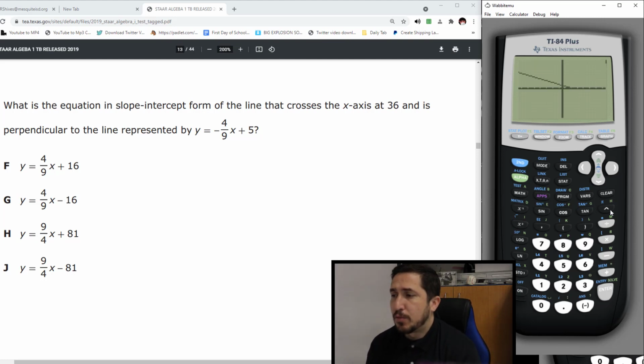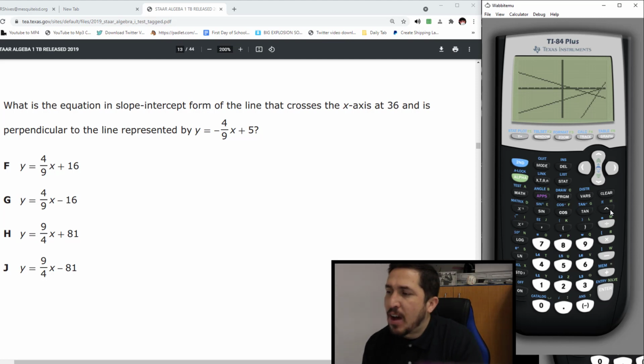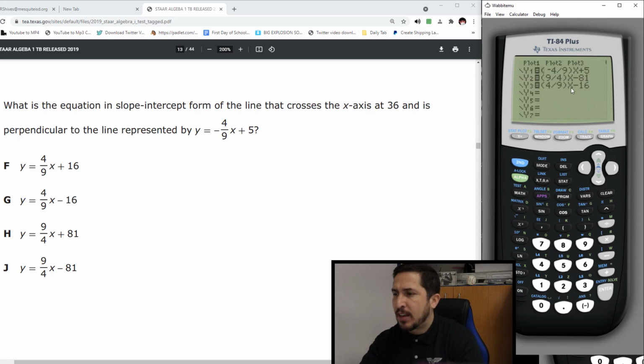All right. This is the original. Now I've got to check them for perpendicularness. There's the original one. That's the second one. And that's the last one. Which one looks like a paper? Let me get my paper and put it in the corner. It looks like this guy here at the bottom fits more than the guy that's coming. Yeah, no. I like the one that got graphed second, which is the negative 81. That's your answer. J's your answer.